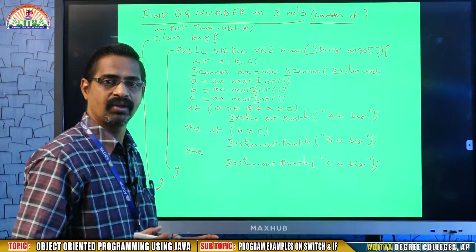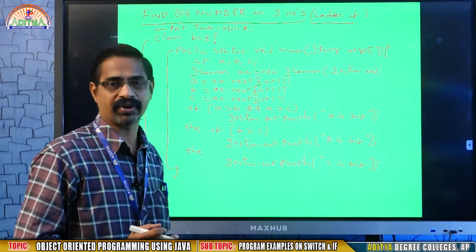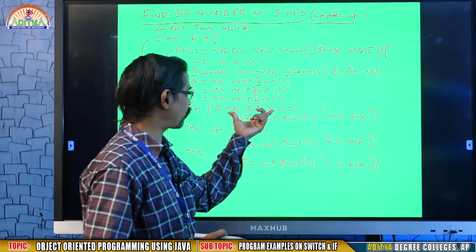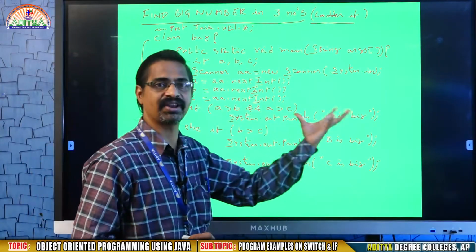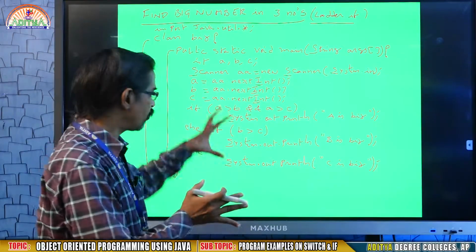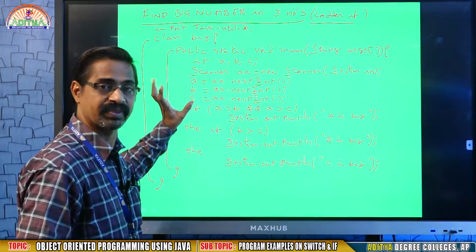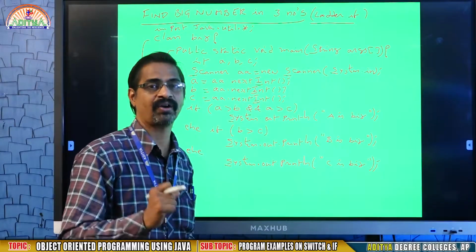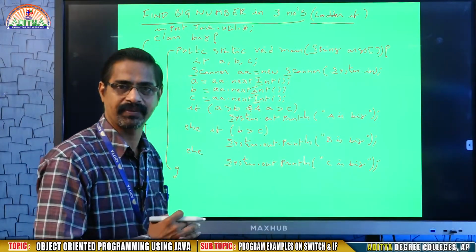This is the way. Whatever it may be, logic is most important. In this example, we are just expanding the number of conditions as the number of values increases. But how do you reduce the same program without writing that many lines? That is most important. In case I want to find the big number in 500 numbers, what will you do? That is the subject of looping statements.